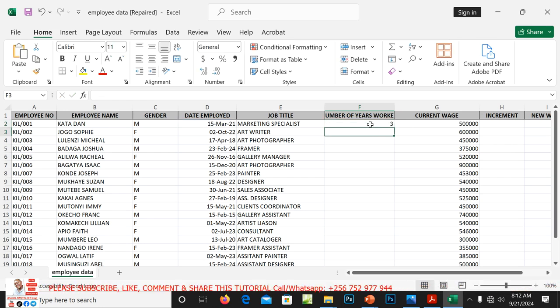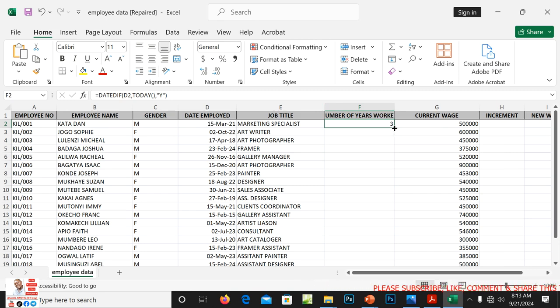Yes, so Dan has worked for this organization for 3 years. You can see here we are in 2024, and he started work on 15th of March 2021. So he has worked for 3 years.